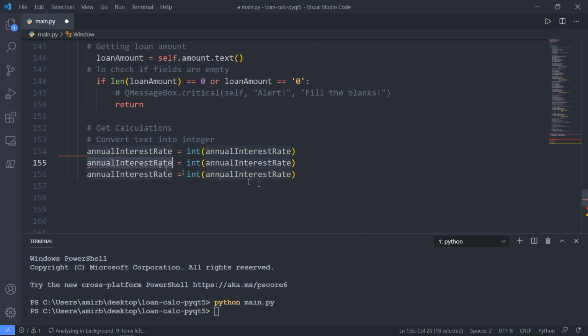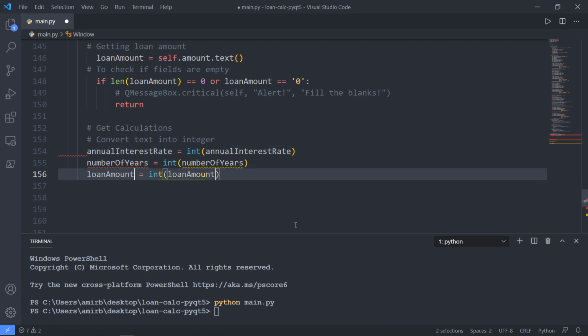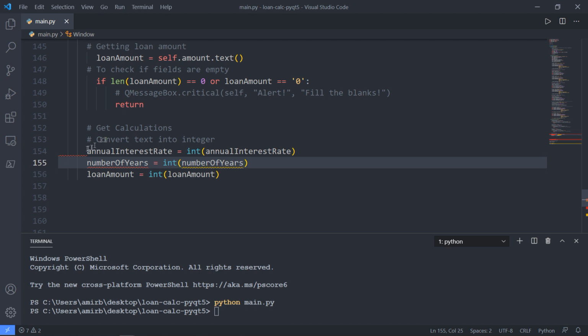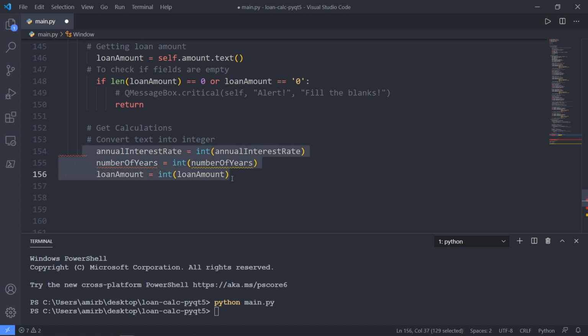Let's change both at once, number of years and the loan amount. So okay, like that, loan amount, and let's indent all of that properly. Now let's get the monthly interest rate. So monthly